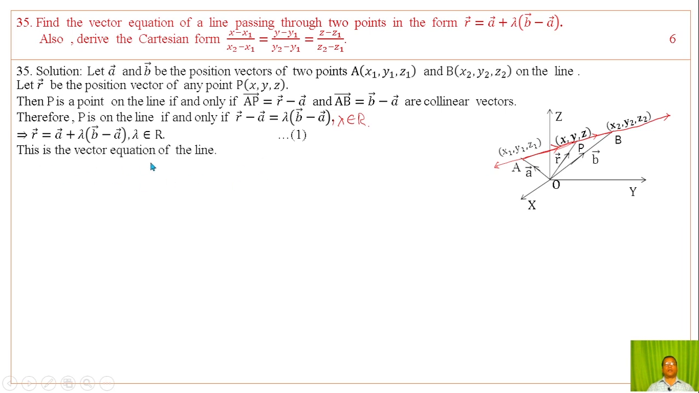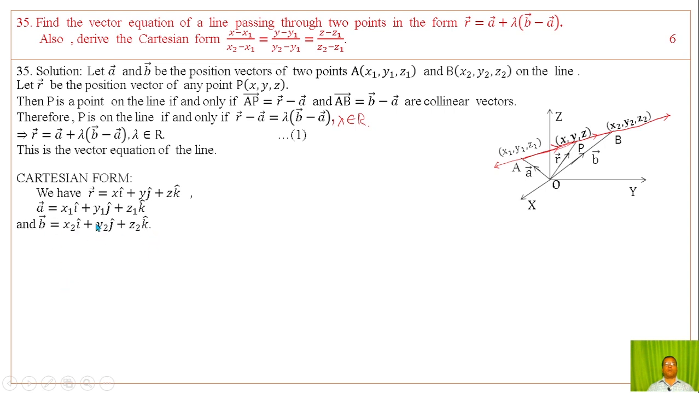This is the vector equation of the line passing through 2 points whose position vectors are A vector and B vector. For Cartesian form, let the coordinates of the R vector be x, y, z, so the position vector R is x times of i cap plus y times of j cap plus z times of k cap. Then A vector is x1, y1, z1 and B vector is x2, y2, z2. Substituting these values in equation 1,